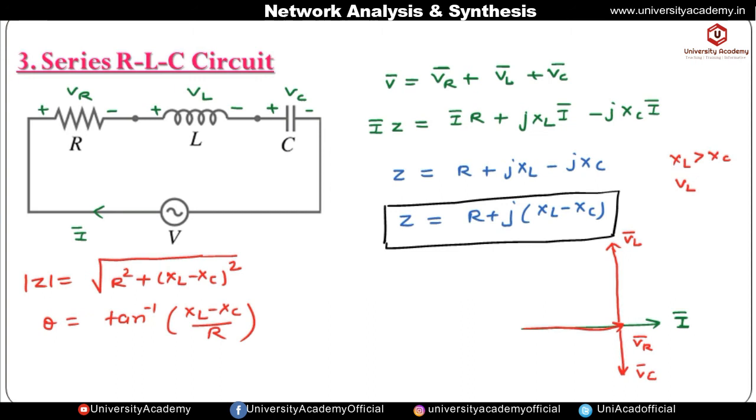This implies that the voltage across the inductor will be greater than VC. So the total voltage V will be given by VR plus VL minus VC. If we subtract VC from this VL phasor, then we get the total voltage V somewhere here, and this is VL minus VC, and this is angle theta. Now if we consider the voltage triangle, then we get,